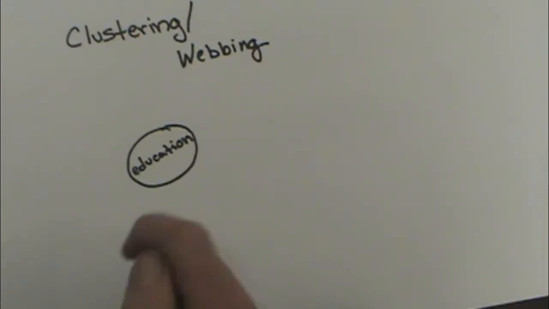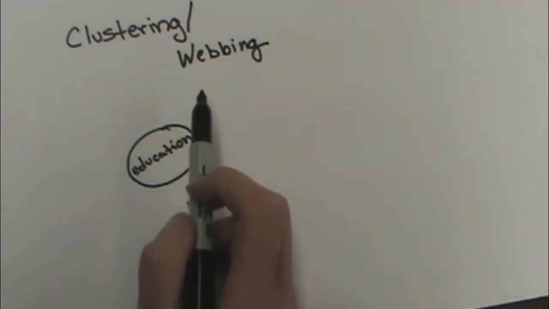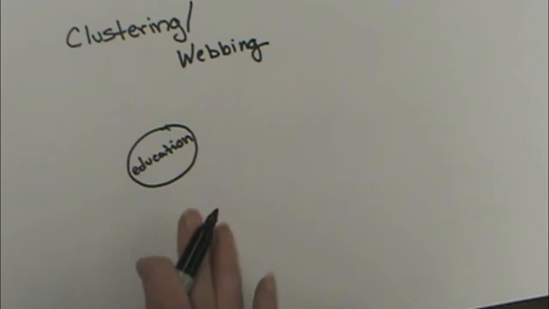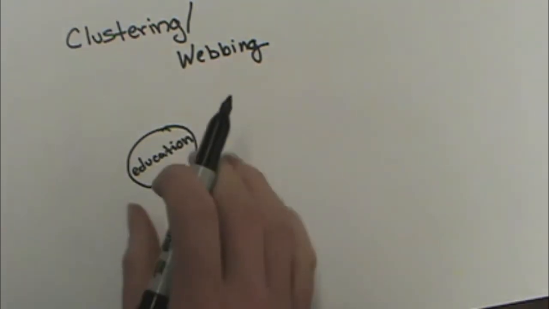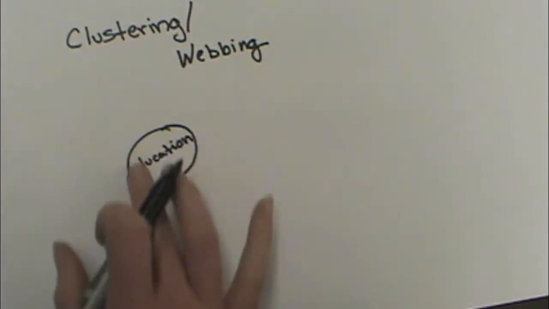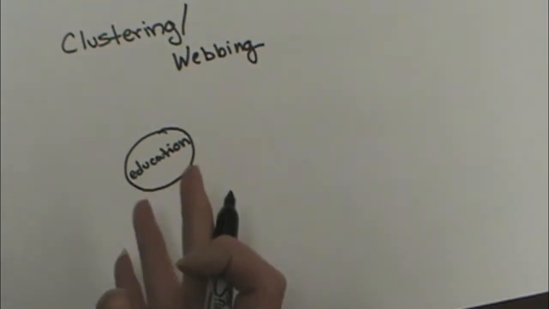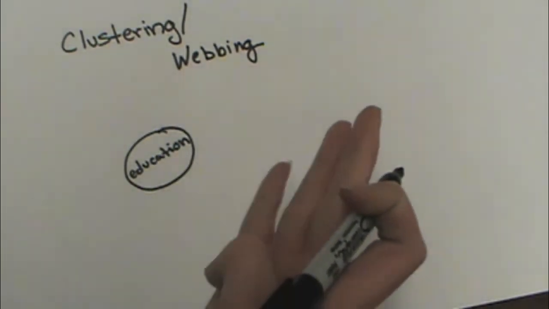We are going to talk about clustering, or as some people call it, webbing. Now, clustering and webbing is really good if you're a visual person, so you like seeing things. Like here, I've got some circles going on. And it's also a really effective way to come up with ideas, and ideas that are related to a general